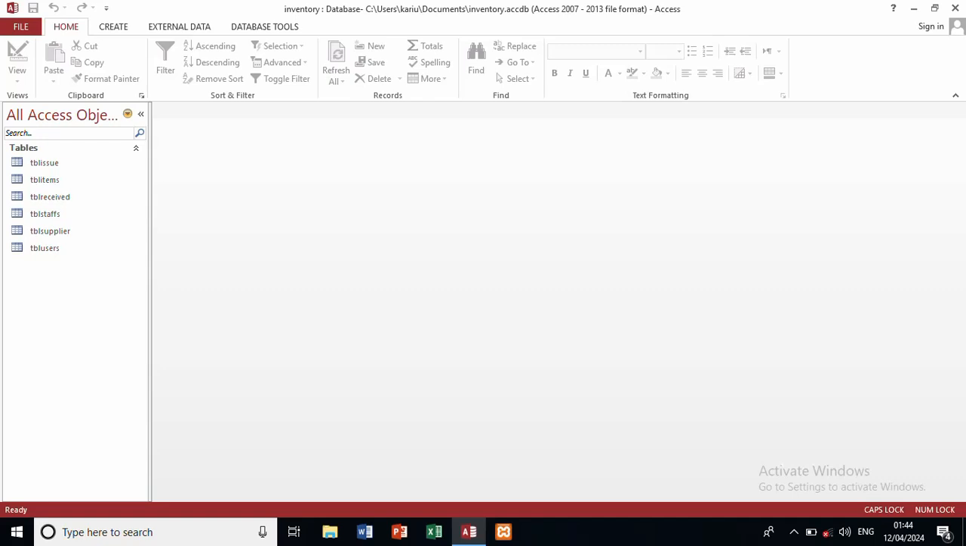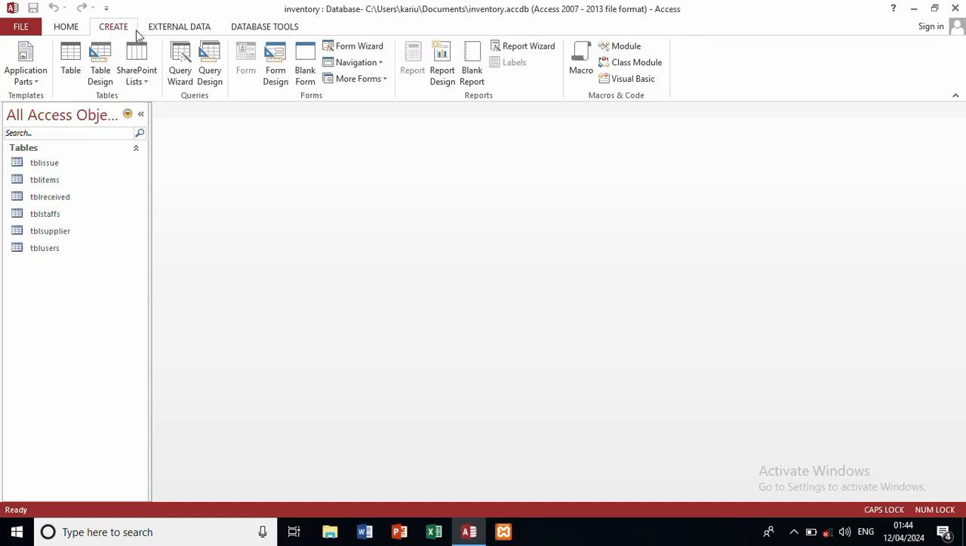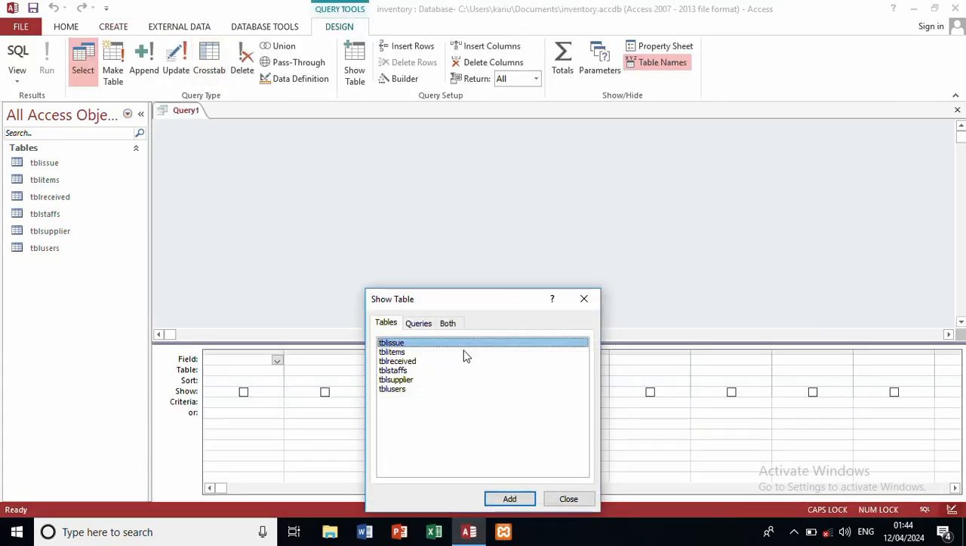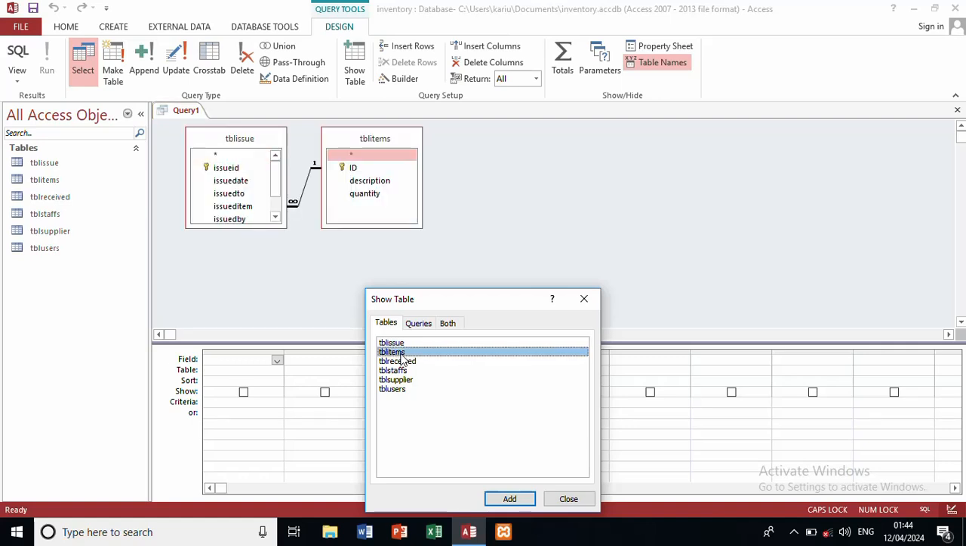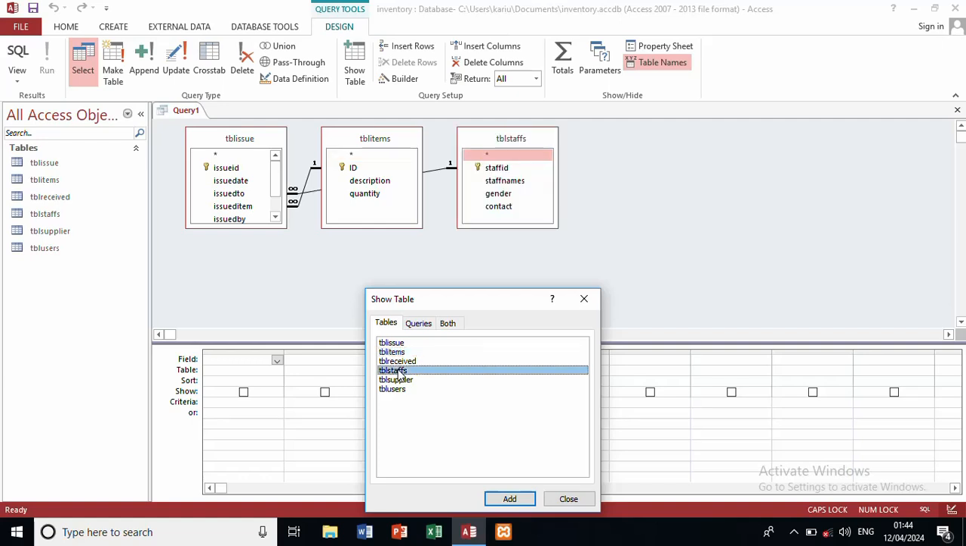And because you are not creating the system for yourself, you're creating it for others, you should put it in a way that the user can get the report as required. So you go to Create, then Query Design, and first we are going to create a table showing how things were issued out. You're going to use table issue. Double click the tables that you want to use: item, and then staff, the staff who received the item, and you can also use table user so that you can know